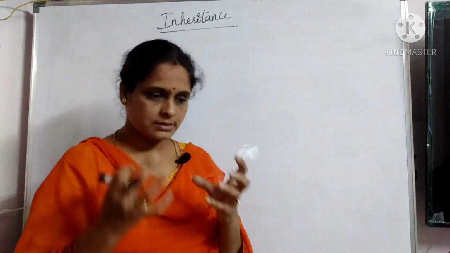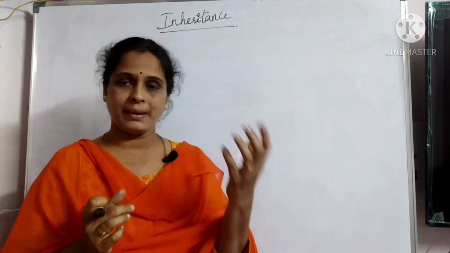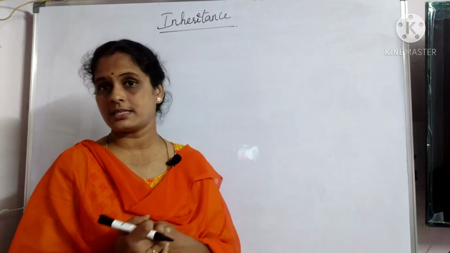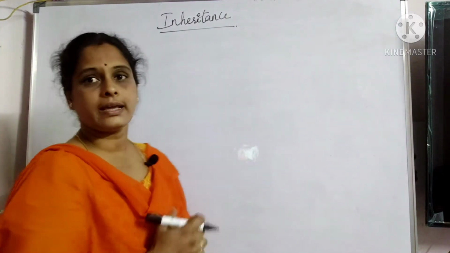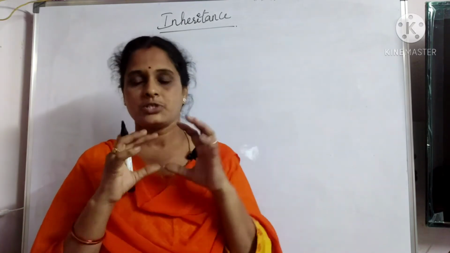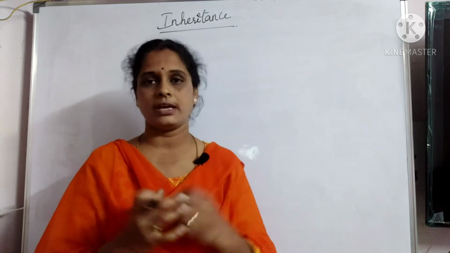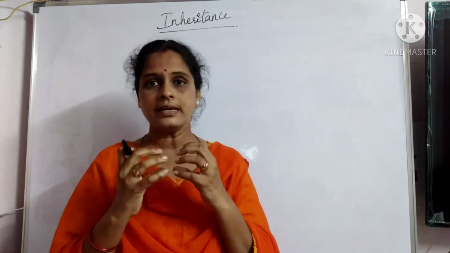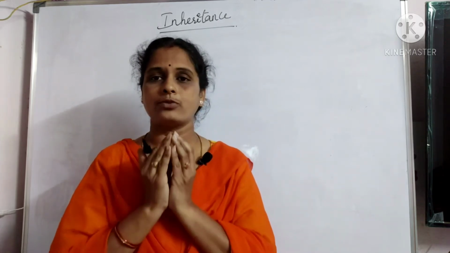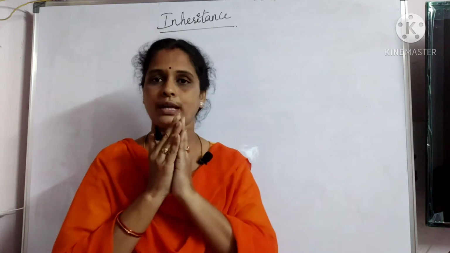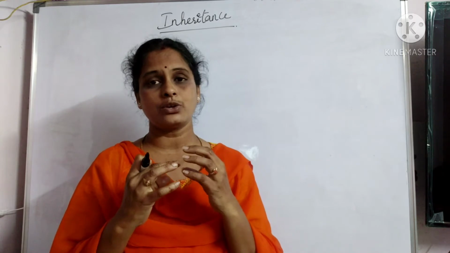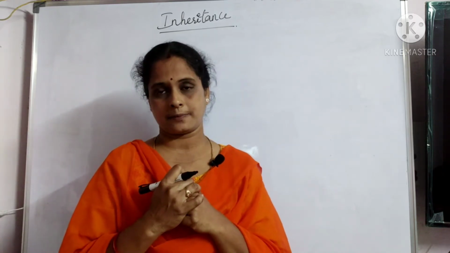Now I'm talking about a base class or derived class, existing class, new class, and so on. What does this mean? Suppose we take a real world example. For example, children get the qualities of their parents. Children are inherited from their parents. That doesn't mean the child will have only the characteristics of the parent, isn't it? Along with those qualities, the child also will have their own qualities.